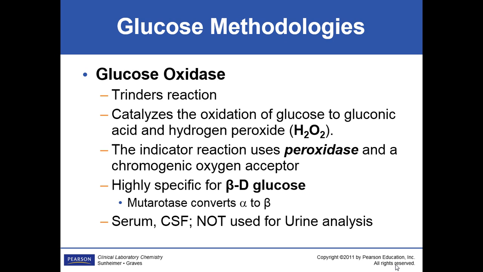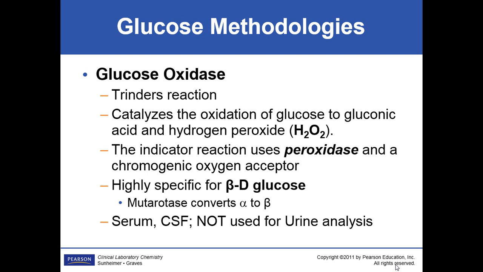So we do that if we're going to be using glucose oxidase, and whenever you have oxidase, think of peroxidase, and you get the color from that. We have this other chemical to help switch over the alphas to the beta so that we'll pick up more of them. There's still some that we might not pick up, but